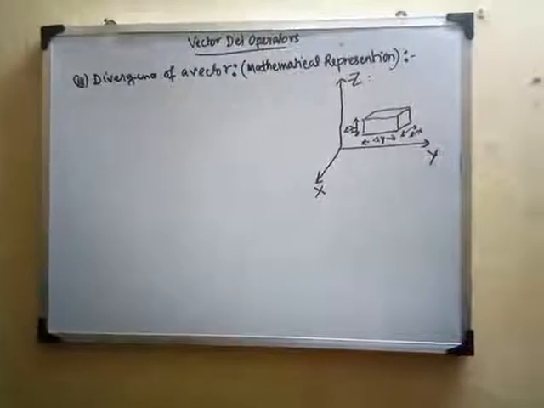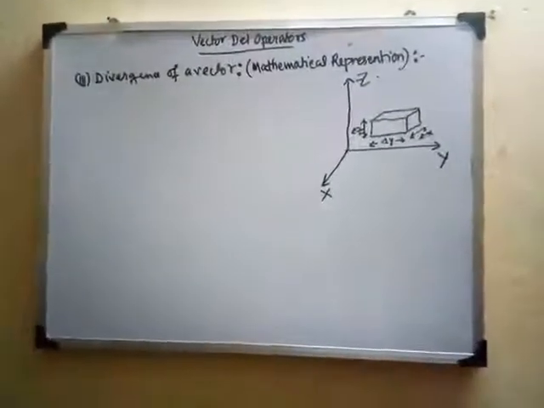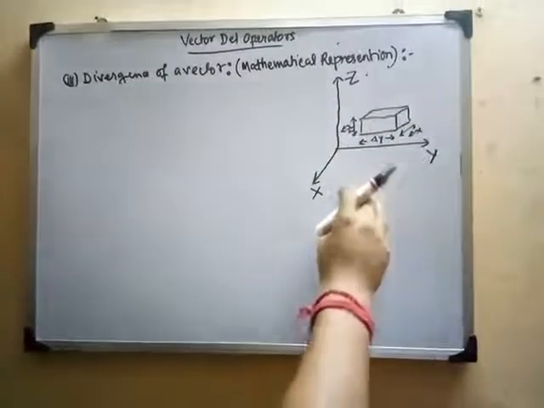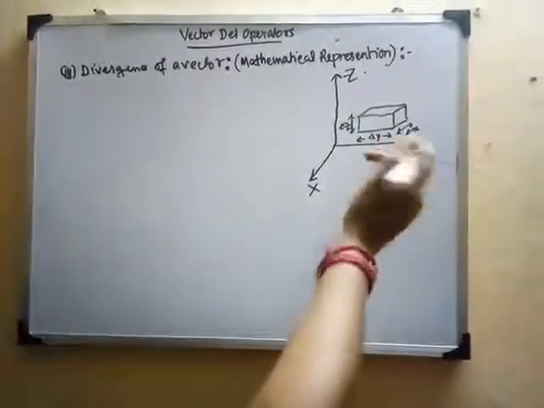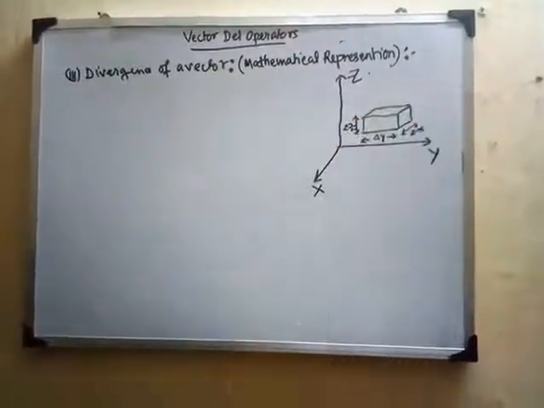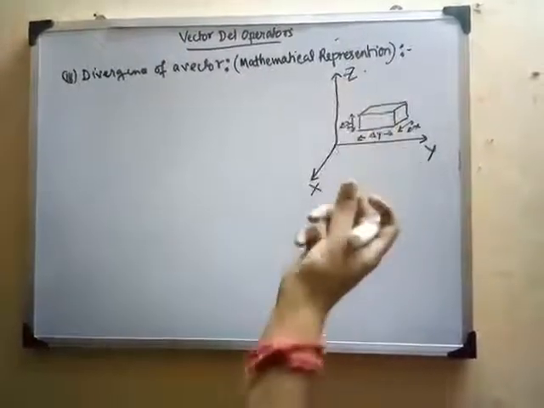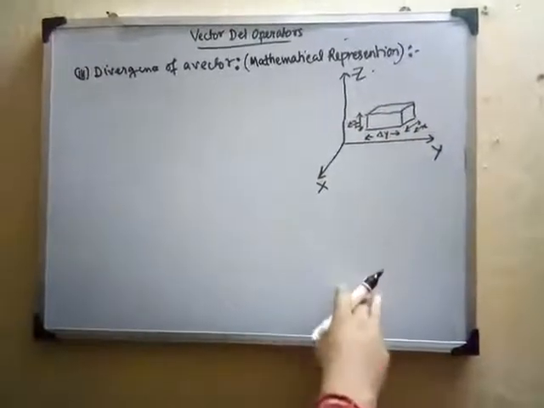So now we will see the mathematical representation of the divergence that we just discussed. For that we have drawn a figure. These are three axes, x, y and z, and we are considering that this is a small rectangular cuboid kind of thing, or a rectangular parallelepiped structure, which is inside this coordinate system, and